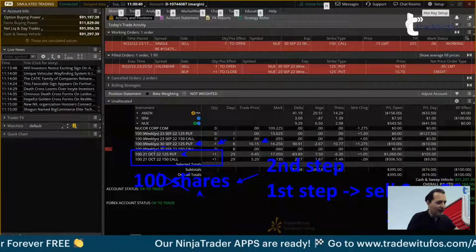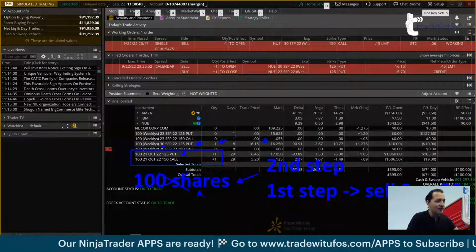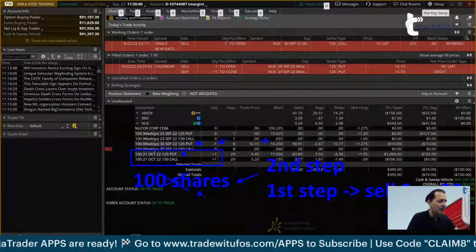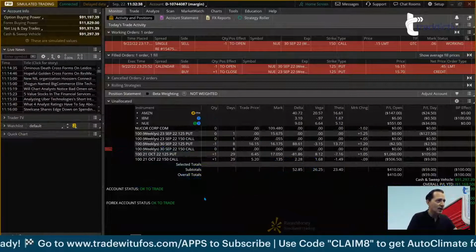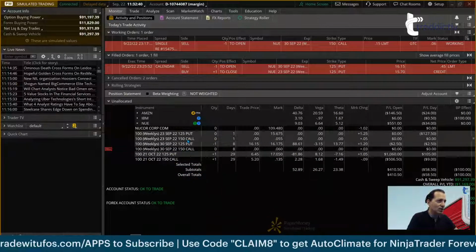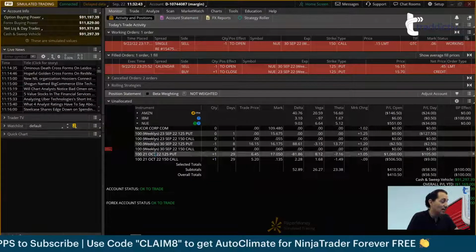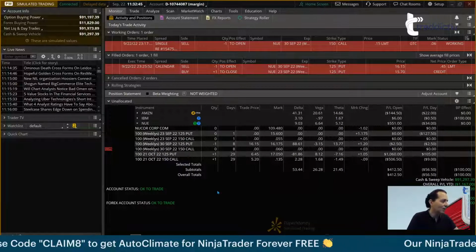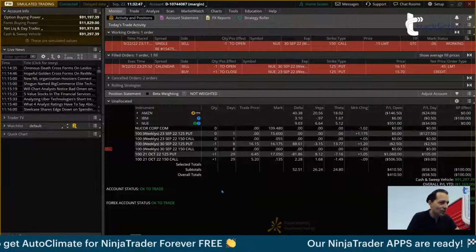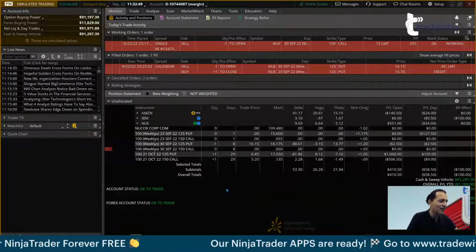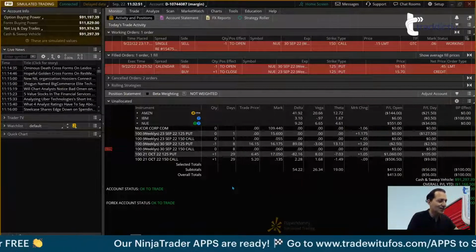So wait until you get filled on the put at the best price you can, and the moment you get filled, immediately close the shares. I would say that closing the shares at the market with a market order is fine. If you want to be a bit pickier, you can use a limit order too, but I will let you do that. Getting filled on the stock shares is easier, so I guess I don't need to elaborate.